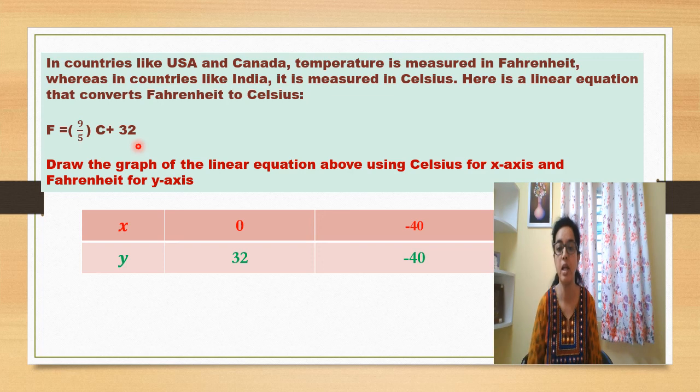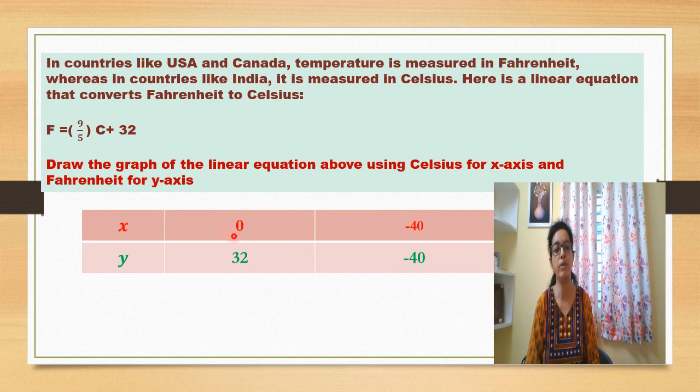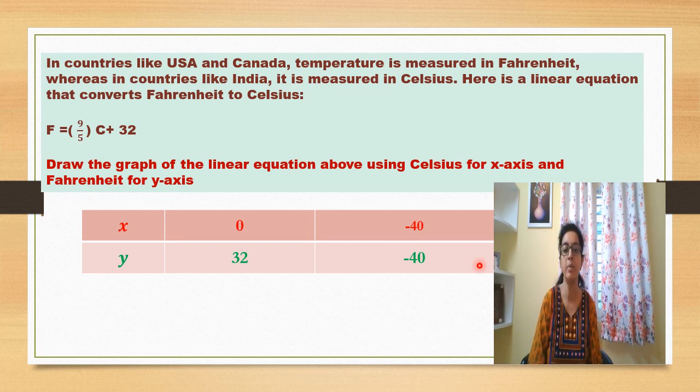Now, as you can see, I have taken two values of x and found the respective values of y in the table. Sometimes two coordinates are also enough. But further you will see that in this question, I am going to find other coordinates as they are already asked in the questions. So we can use those coordinates after we find their answers. So that can be additional information, but minimum we have to use any two random values of x. So why did I choose this 0 and minus 40? There is also a reason behind it, which I am going to tell you.